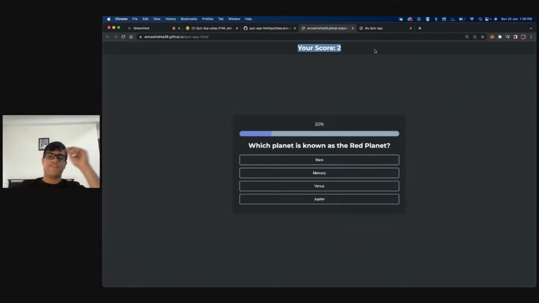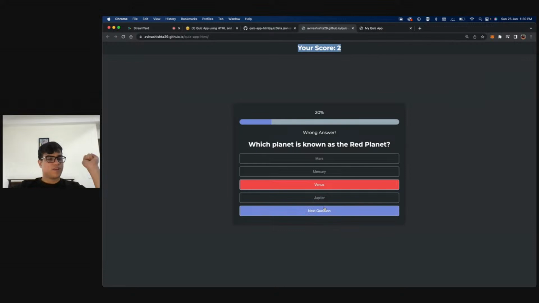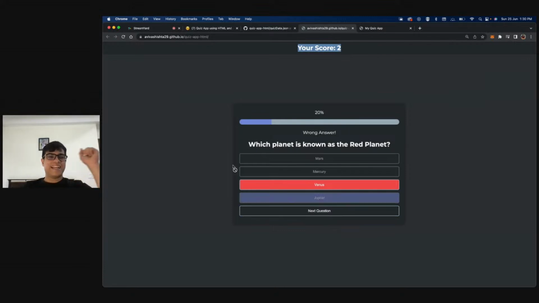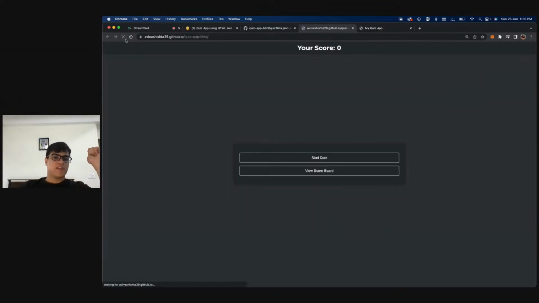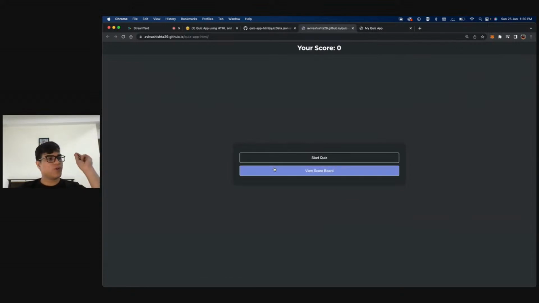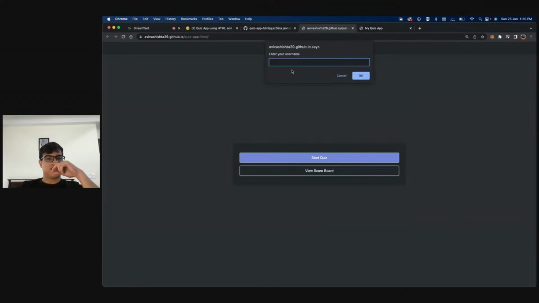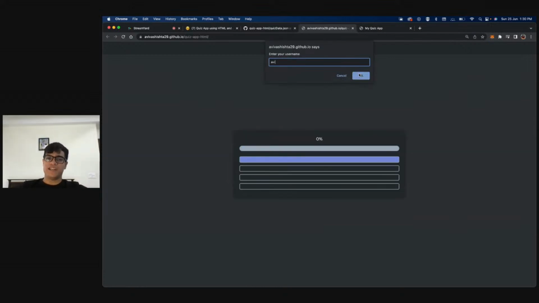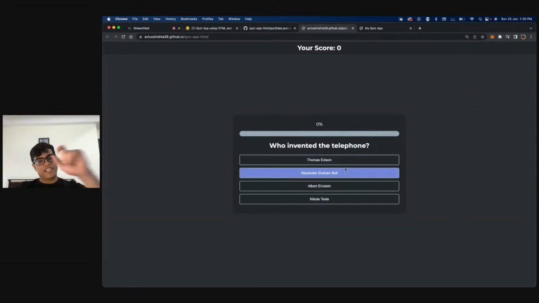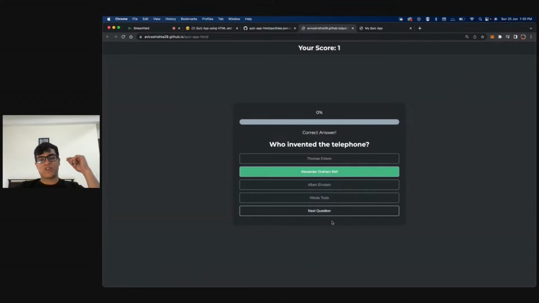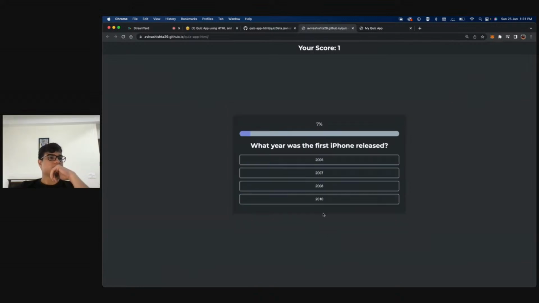So basically, whatever is happening once the quiz has started is because of these buttons, right? So we need to technically write three, four logics. The first logic is for these two buttons, start quiz and view quiz board. Then the next logic is for this prompt, if this prompt has been filled or not. If this prompt has been filled, then the next logic comes for these buttons. Once these buttons are clicked, then the next logic comes for the next question.